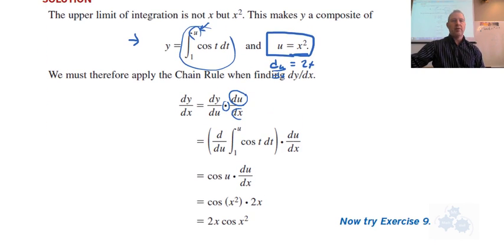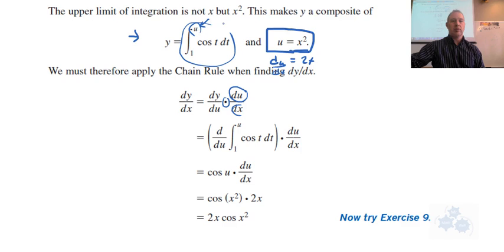So if we take the derivative of the integral of cos, that just becomes cos. Because this is now a u, we're going to put that as cos u. But we have to do the chain rule. And so cos of u becomes cos of x squared. But because we're differentiating and this is not just an x, we have to multiply by its derivative, where we get this. Okay? So again, if you have this, what was it, 1, 2x squared,